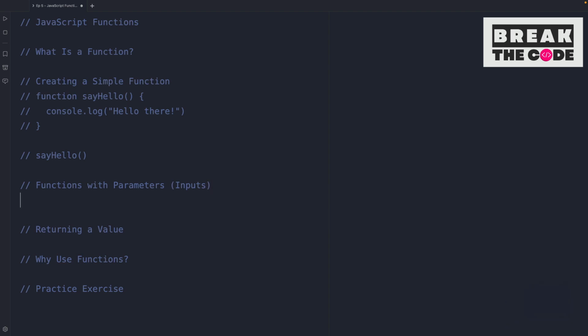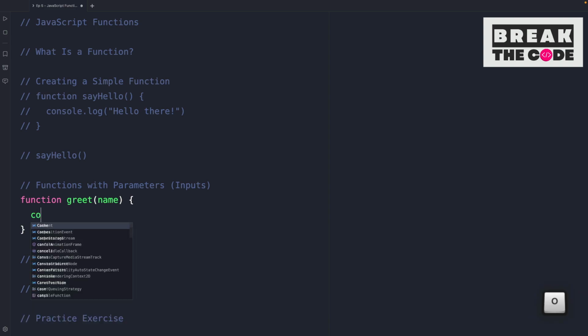So functions can take parameters. Think of these as inputs. You define the name of the input in the function and provide the value when calling it. So let's have a look at that. So we declare a function, call it greet, open parentheses, and then we want to have a parameter or an input, which in this case is called name. So this here is the parameter inside the function greet, which is also the input. Then open brackets, and let's console log